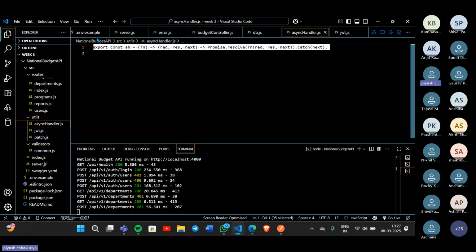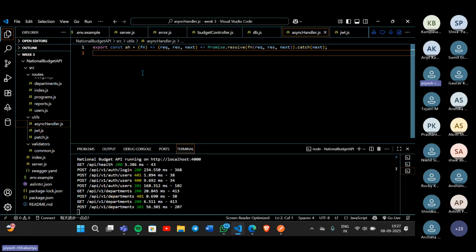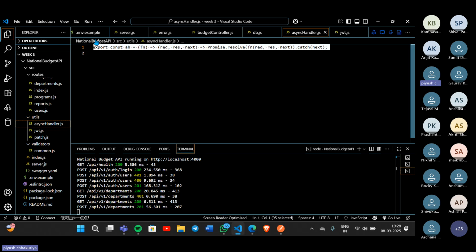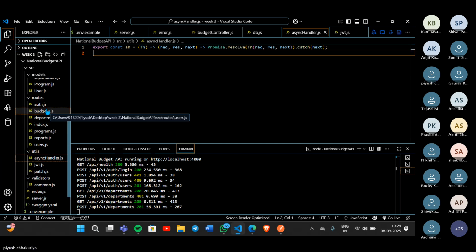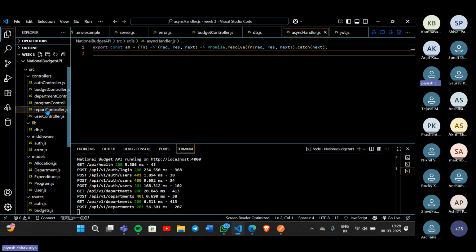It is a very important line because otherwise it is very lengthy code. If we want to write any code, we usually write it in a try and catch block because of errors. So what this line does: when in the controller section we are creating many functions, with the help of this we can pass all the functions through this line so that we can add try and catch blocks very easily. So we don't have to write a try catch block for every function. Now we have routes, models, and controllers.